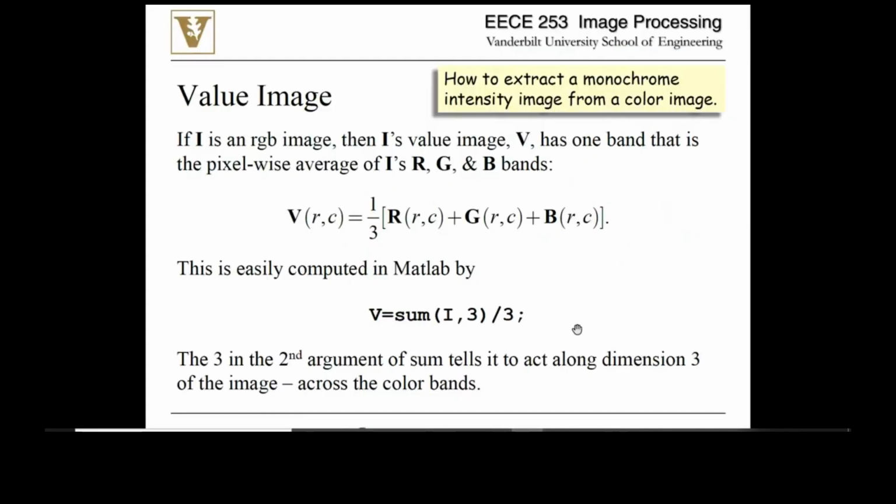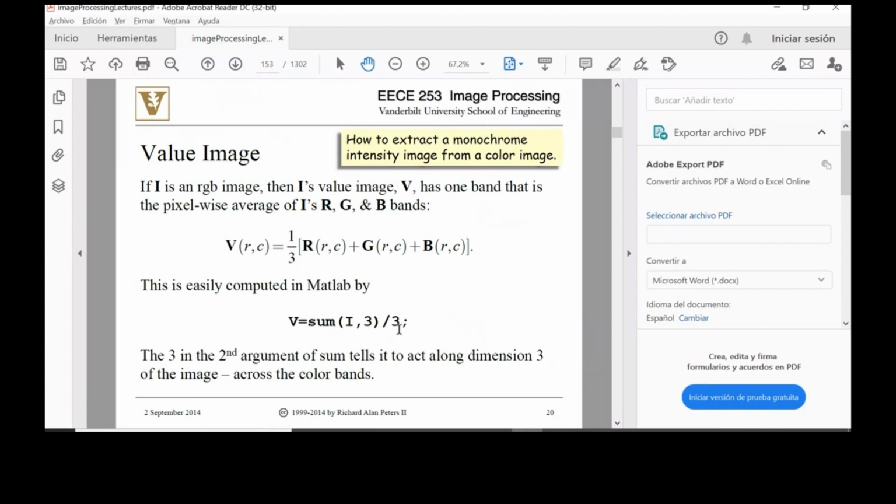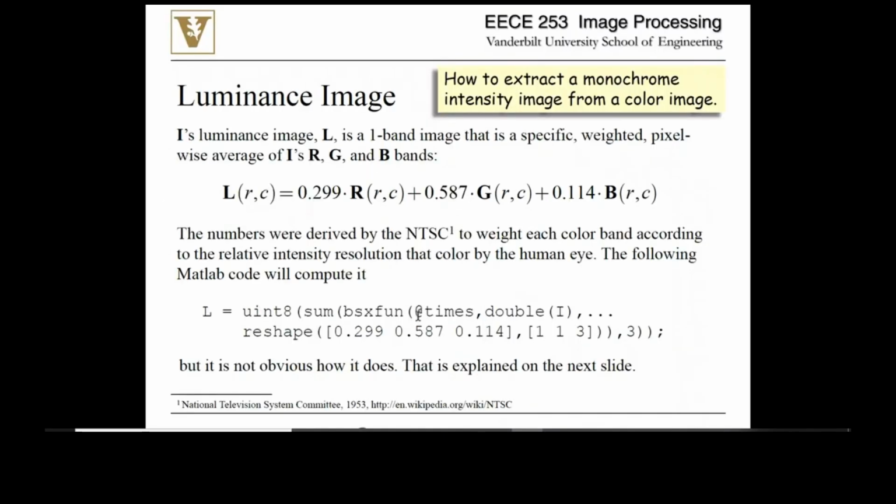And at the end, they came out with these weights: 0.299, 0.58, 0.11, and those numbers are very interesting because they are very much linked